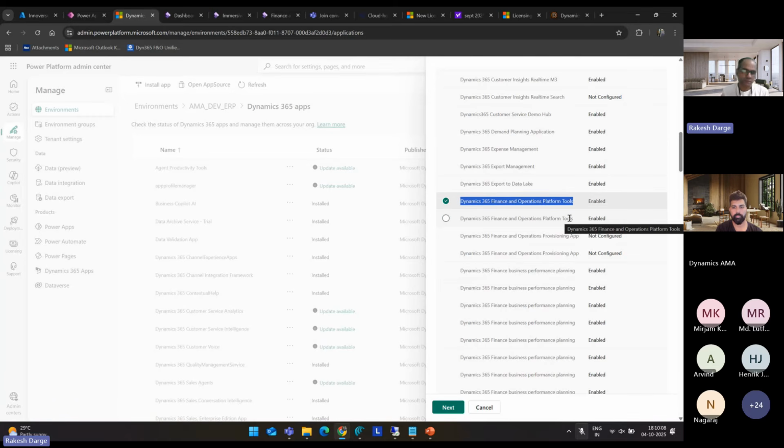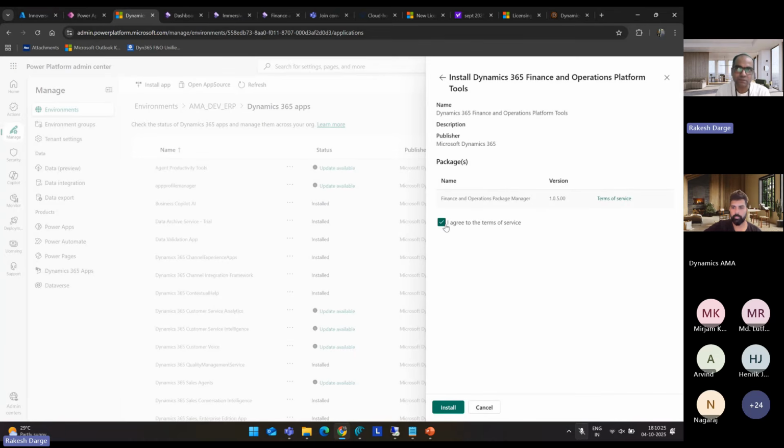If this option is not working, you can use PowerShell, and all this information is available on microsoftlearn.com. A bunch of my MVP friends like Orlean and Andre, for that matter, have blogs available. You can go and follow their blogs as well. Okay, so I'm going to install this. Why am I doing that? Because it will take some time. By that time, we will cover the licensing aspect as well.